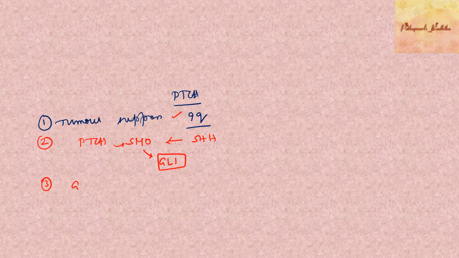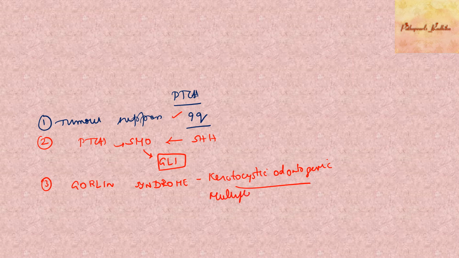So mutation in the PTCH gene can cause Gorlin syndrome, which is characterized by, as one of the important features, multiple keratocystic odontogenic tumors. Whenever you have multiple odontogenic tumors, you have to think of this syndrome. Then you can have multiple basal cell carcinomas at a young age, especially less than 20 years. Then CNS tumors, your medulloblastomas. Then you can develop ovarian fibromas. So these are the important things which you should remember about the PTCH gene.